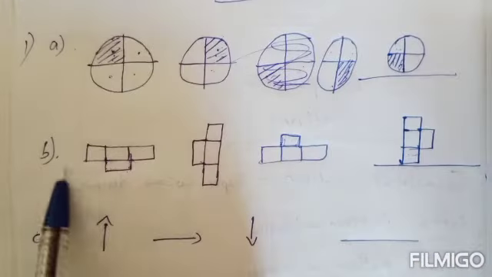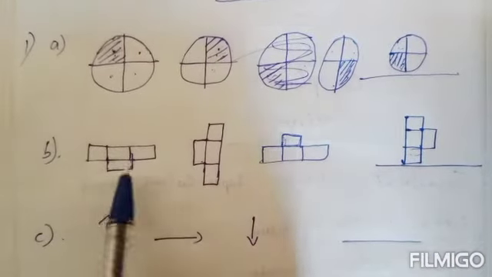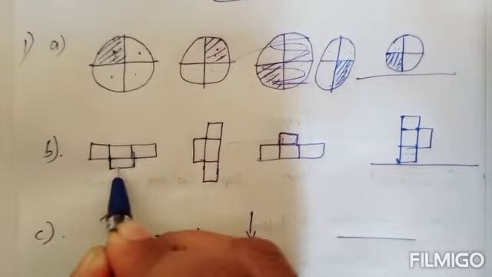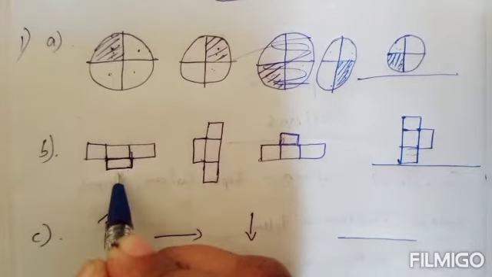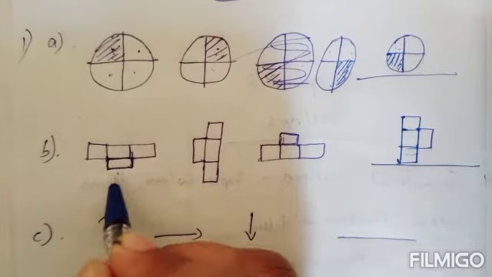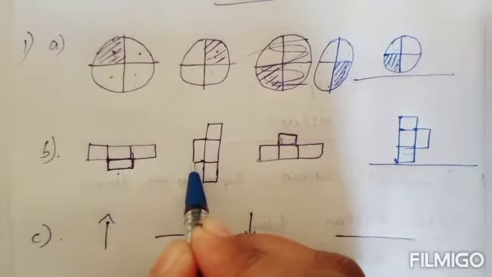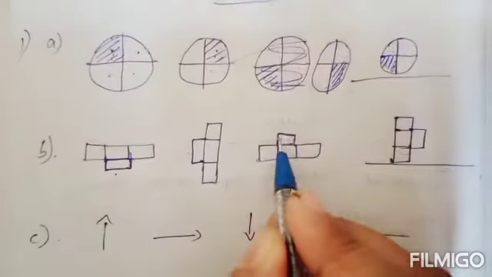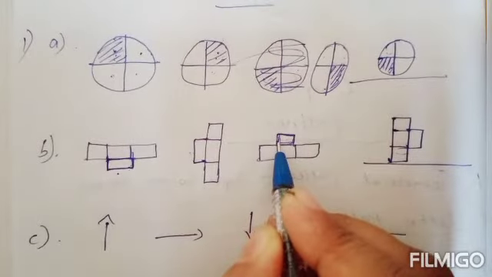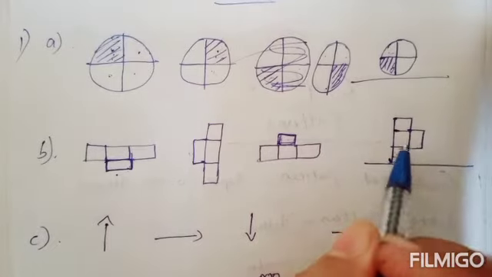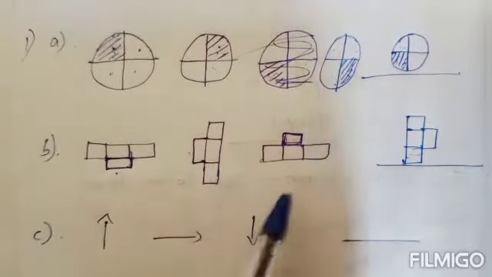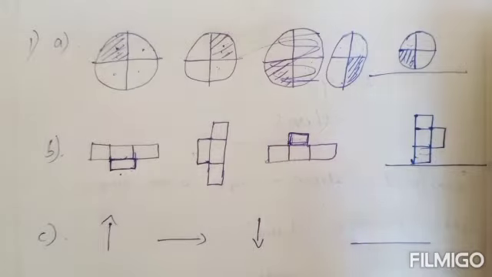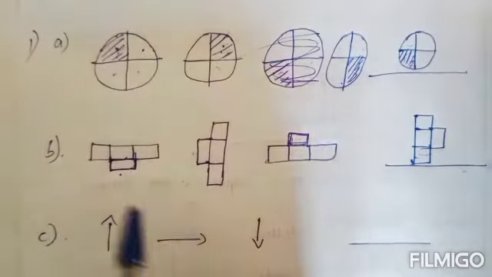Next B, this diagram. This box we are considering here. At first it is in the bottom. Then it comes to the right, this portion. Then it comes to the top. In the next figure, it will be to the right. It is rotating in the clockwise direction. You can see here.